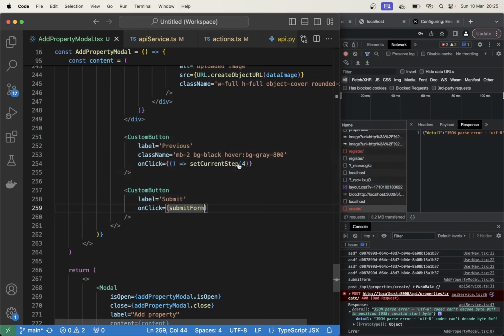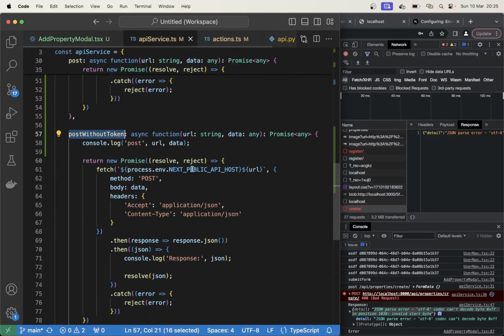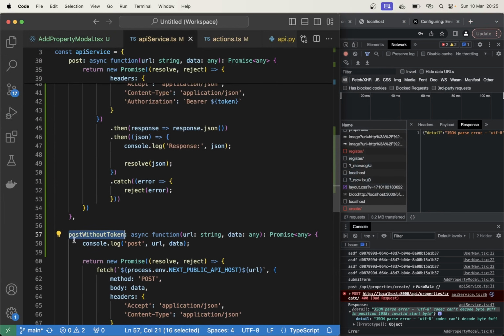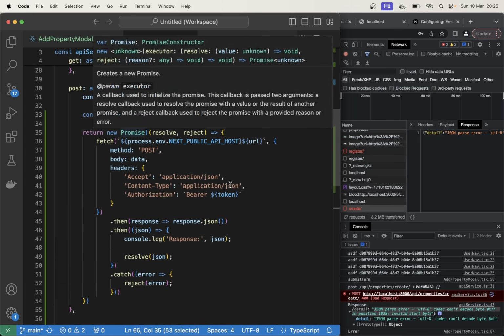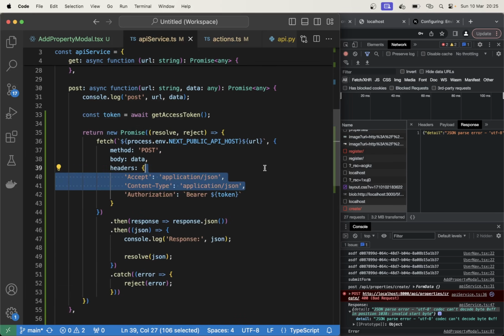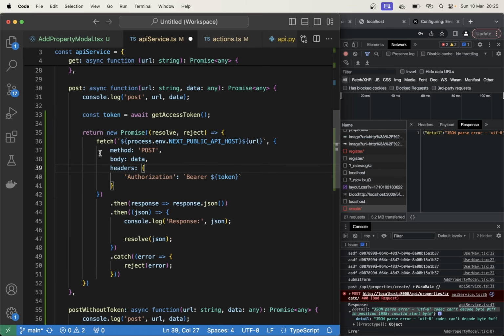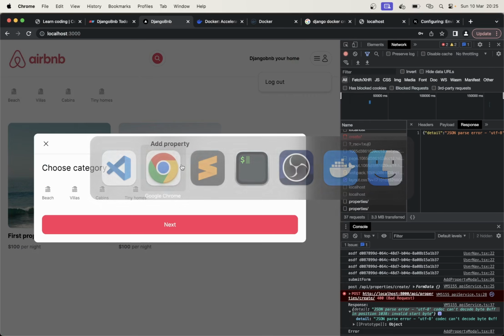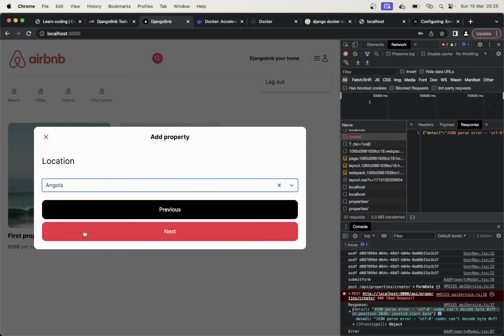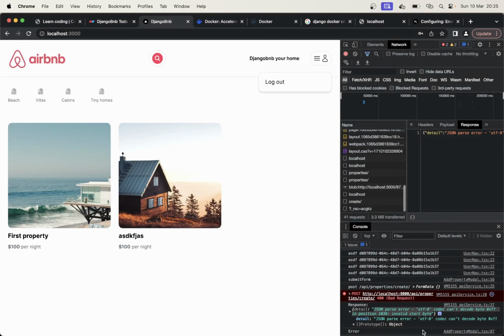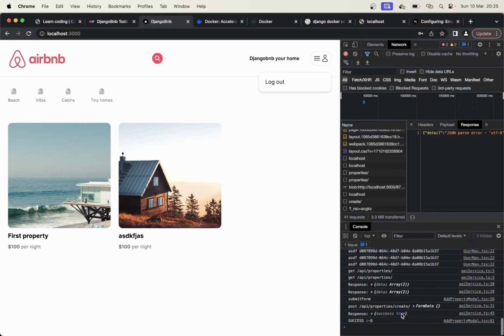It might be a simple solution, and that is that only this without token should use this one for now. And up here, let's remove these two and save. So let's try one more time. Submit. Now, no errors. I was redirected to the front page,